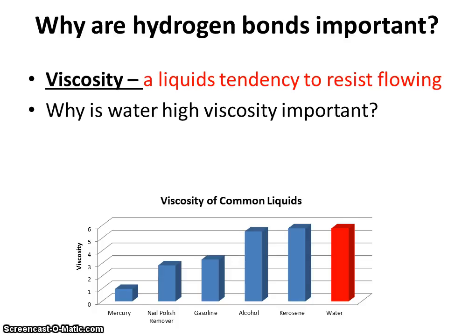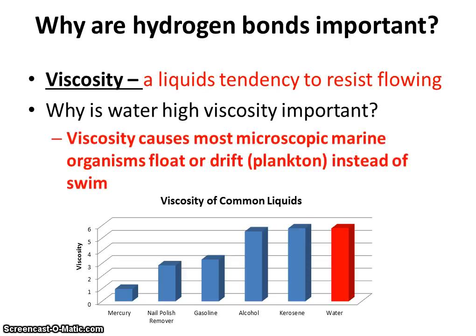Water can hydrogen bond, which means when water molecules try to flow past each other, they form these hydrogen bonds and start sticking to each other. And that causes liquid water to have a slightly high viscosity, not as high as honey and molasses, and not as high as syrup, but high enough. This means that most of the smaller things in the ocean can't overcome that viscosity. To them, water is just too thick. They can't swim through it.